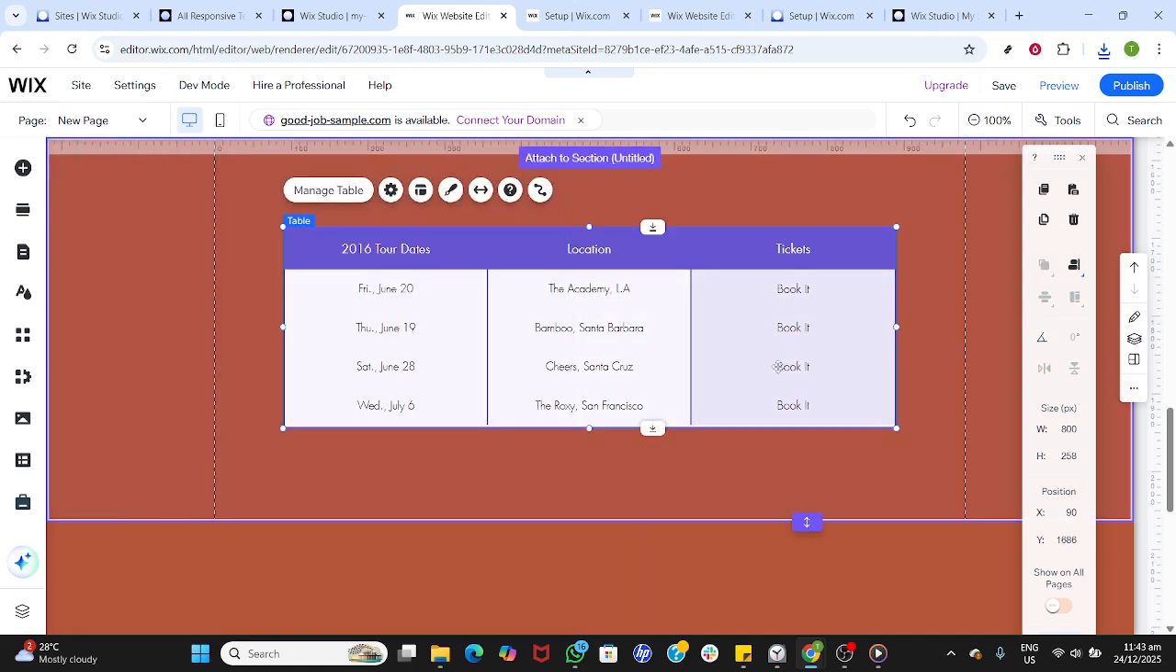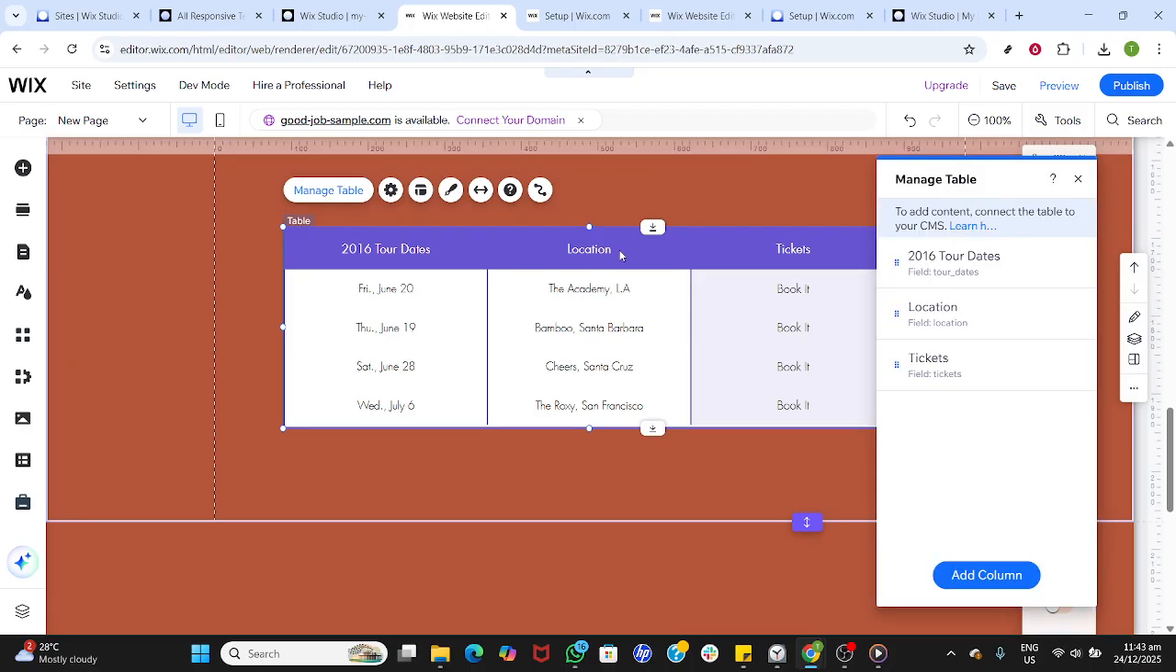From the results, click Tables to open Wix's preset table designs. You'll see a few styles. Pick one that suits your page's look and feel. Click the table preset to add it, then click on your page to place it. You can drag it to position and use the handles on the edges to resize it so it fits your